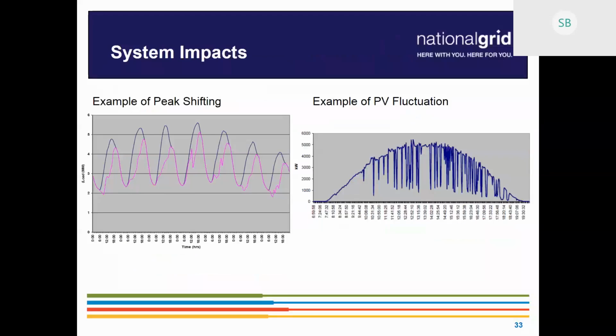And here are just a couple examples of what we see from the generation on our system. The one on the right shows one particular site over the course of a day with cloud cover passing over the PV. I put that there to illustrate the fluctuation from one site. So add this up over several sites over one feeder, tens of sites over a particular substation, and it has a cumulative effect on the system, which is part of what we're analyzing.